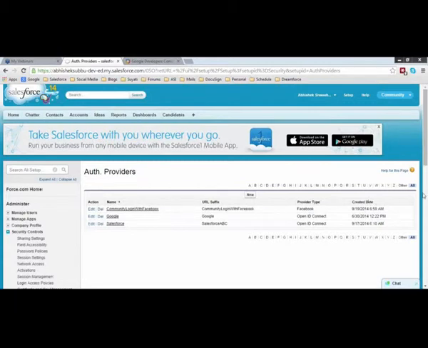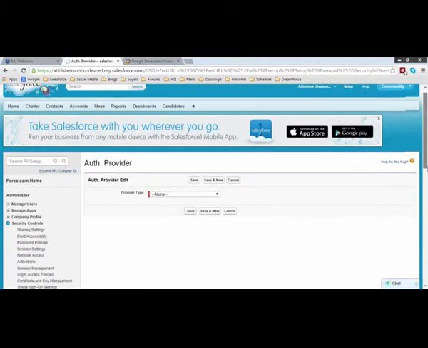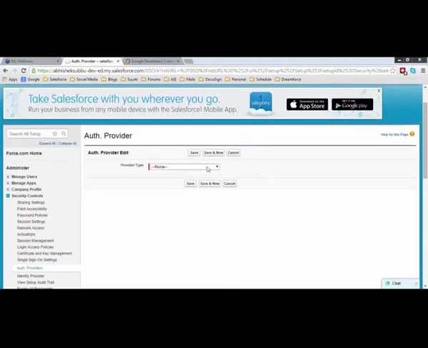And here you can see that Salesforce gives us a wonderful interface to configure auth providers. Alright, so I'll just show you how a new auth provider could be set up. Just click on this simple new button and it'll ask you what is your provider type. Now Salesforce provides a default set of preset providers, for example Facebook, Janrain, Salesforce, OpenID Connect, as well as Microsoft Access Control Service.